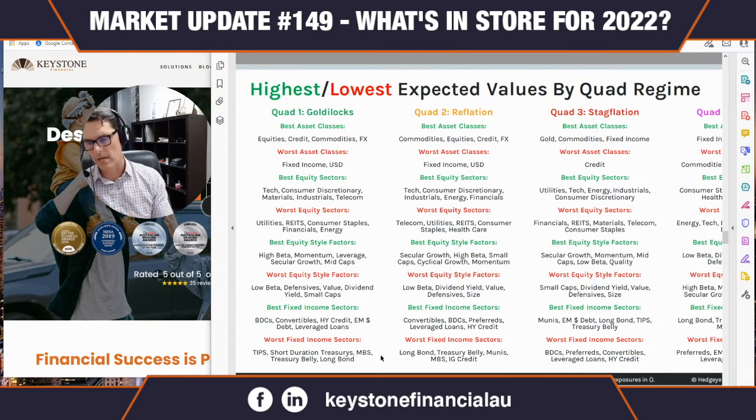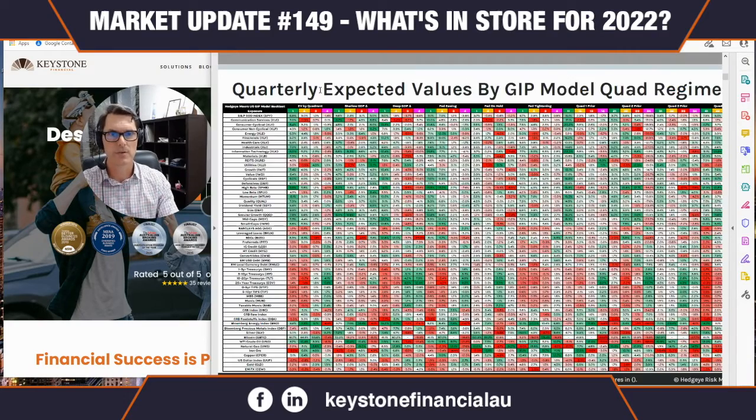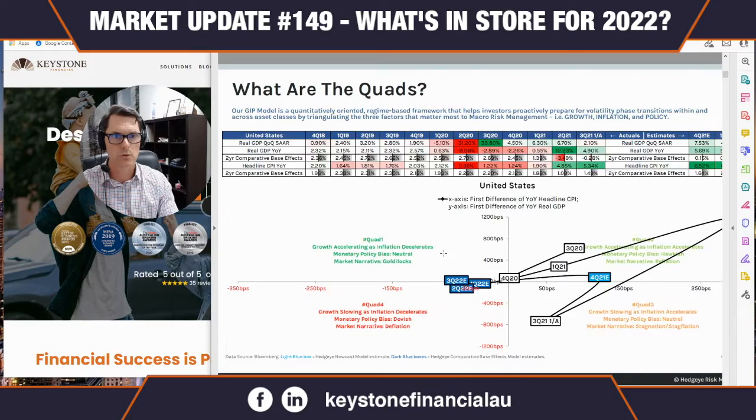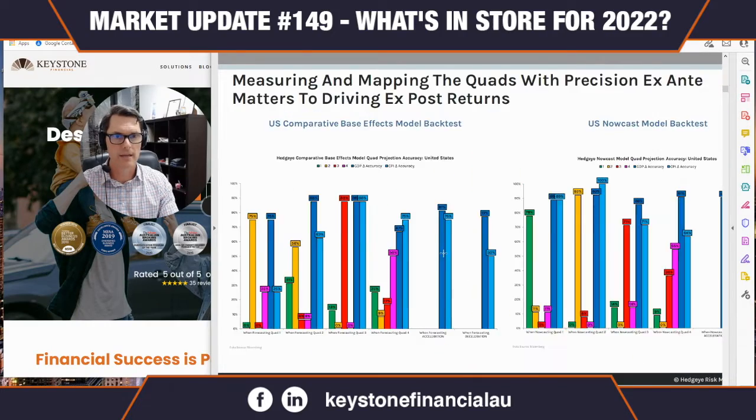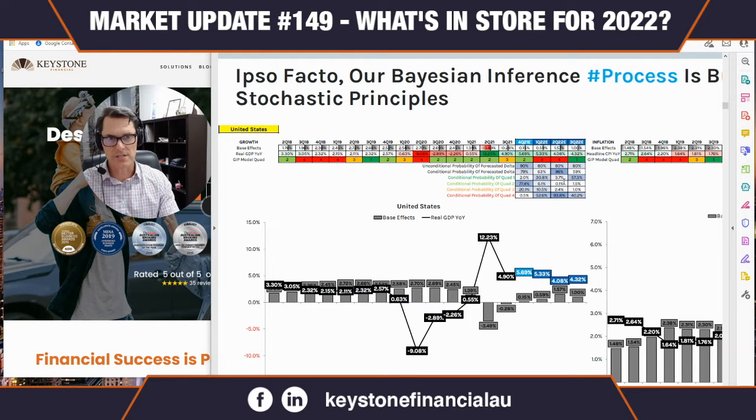Now, I've been talking about item number 3, which was the quad 4, shallow versus quad 1. I'm going to go back to, let me just find it real quick. Sorry guys, so many slides, so much information. There we go. I want to go back to this conditional probability table here. As you can see, when we get to the second quarter of 2022, there's a 93, let's call it 94% conditional probability of quad 4. It's going to happen in Q2 of 2022. This is in the US.